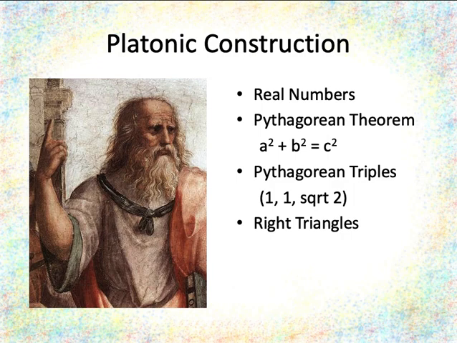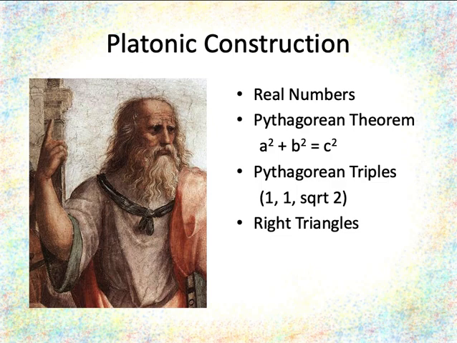In the Timaeus, Plato talks about the construction of physical things, and he starts with numbers, real numbers, geometrical quantities, which are just real numbers. He applies the Pythagorean theorem, and we can fit numbers together into a pattern, a squared plus b squared equals c squared. We get Pythagorean triples, the triple 1, 1, and the square root of 2, and that gives us right triangles, a right triangle with side of length 1, side of length 1, and a hypotenuse of length square root of 2. So given numbers and the capacity to form triples, that is structures of numbers, we get